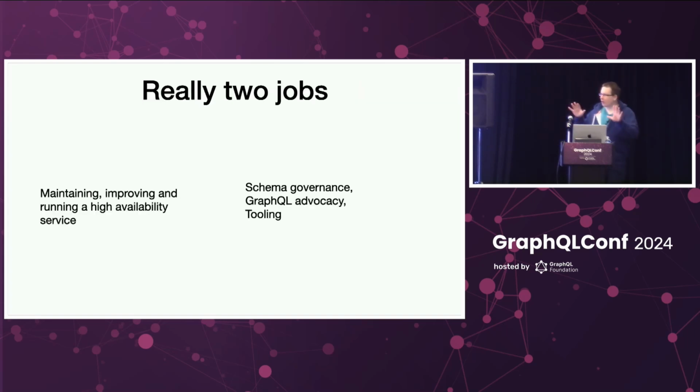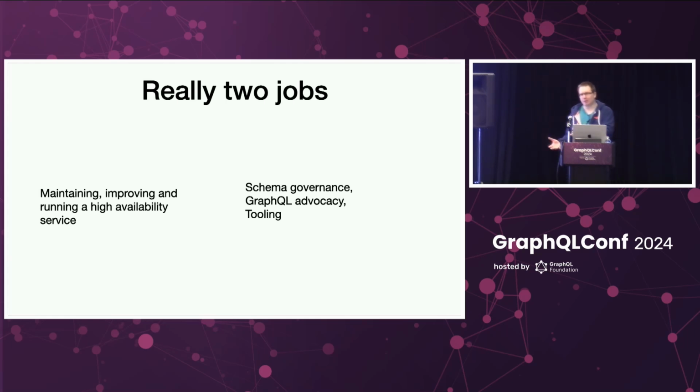To give you a high-level overview, we really have two jobs. We, I mean the close team I work with. First, we have a high availability service that really needs to be available 24/7. Even a short outage of this gateway has massive impact on our customers, which can't be tolerated. So we are on call, we have a lot of observability, we're getting alarmed, all of this normal stuff around running a SaaS service, I would say.